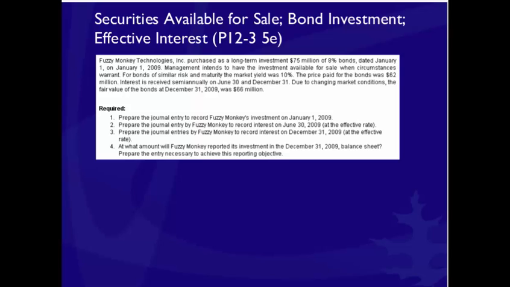Then we'll prepare the journal entry by Fuzzy Monkey to record interest on June 30th at the effective rate. And third, we'll prepare the journal entries by Fuzzy Monkey to record interest on December 31st of 2009 at the effective rate. And finally, we will determine what amount Fuzzy Monkey will report its investment in on its balance sheet as of December 31st, 2009, and we'll prepare the entry necessary to achieve this reporting